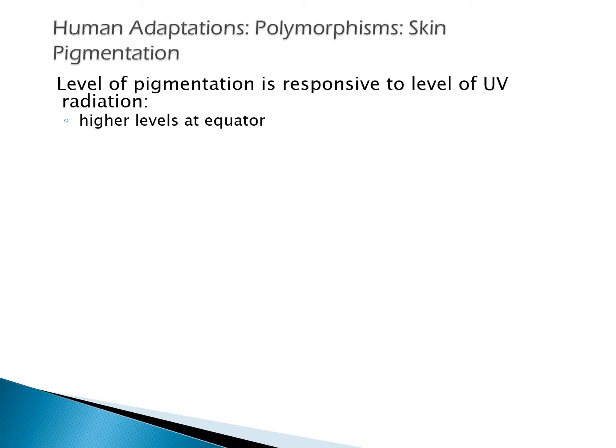All right, so level of skin pigmentation is responsive to the level of UV radiation. And as you have been reading about and you already knew, UV radiation is at its highest level at the equator. And where do humans originally come from? The equator, right? Our very first anatomically modern Homo sapiens population is coming from Africa. The earliest finds that we have are in North Africa, but equally just about as old as Central Africa.